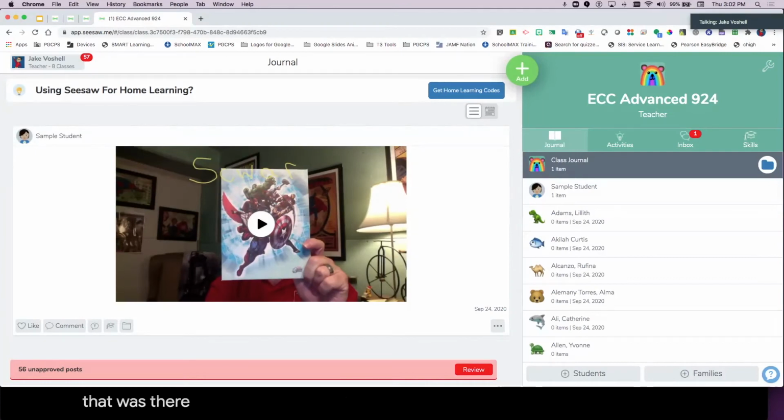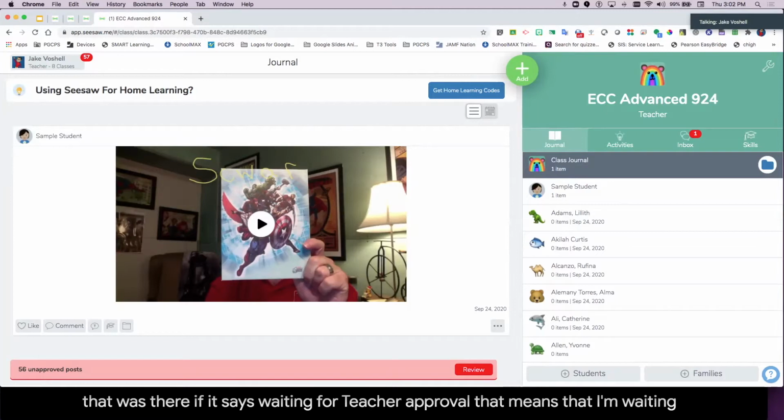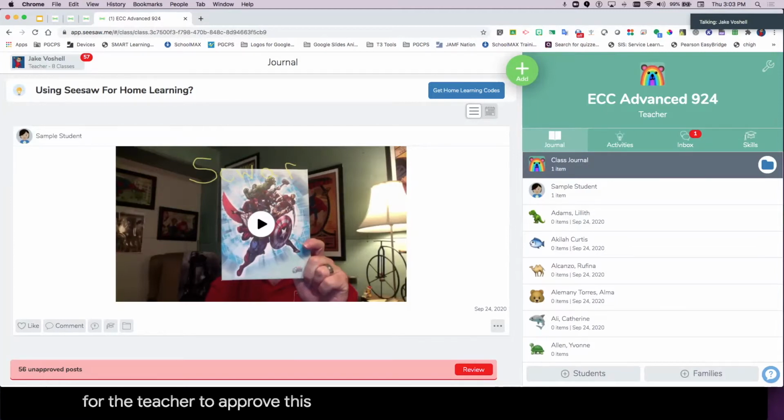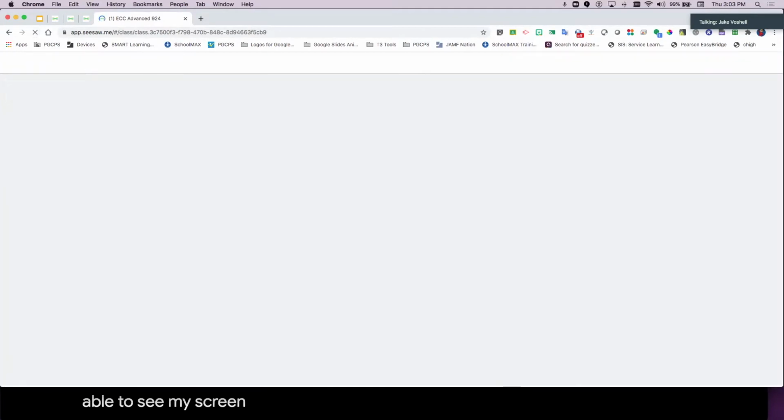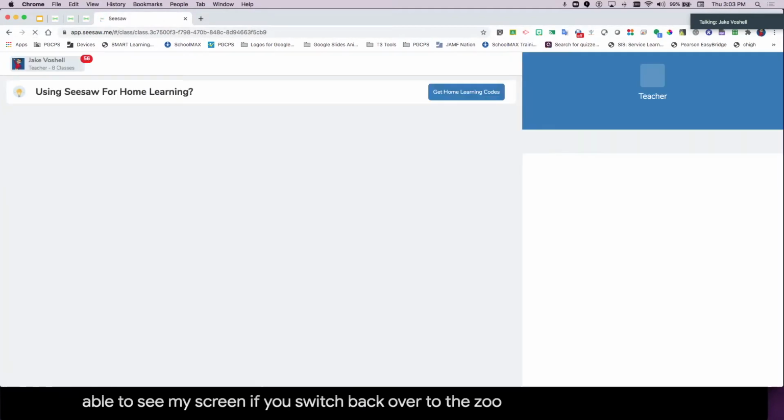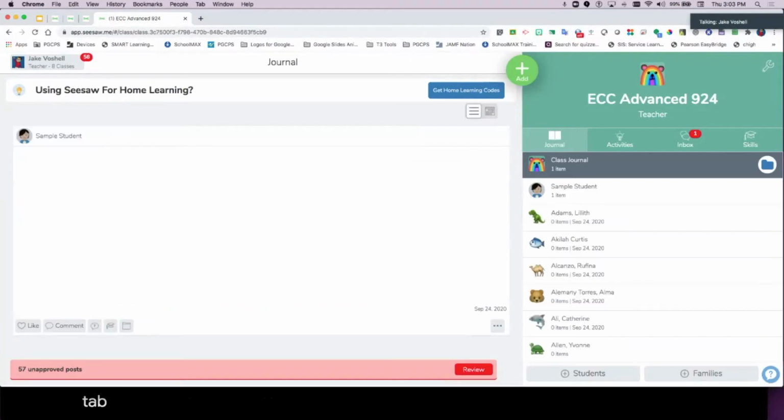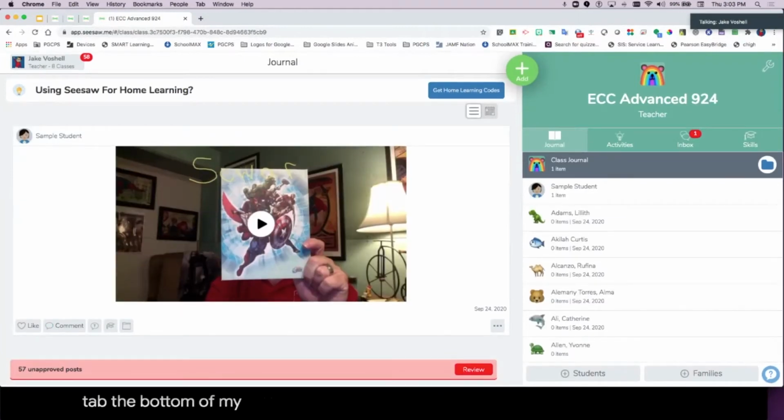If it says waiting for teacher approval, that means that I'm waiting for the teacher to approve this. So if you take a look at the bottom of, if you're able to see my screen, if you switch back over to the Zoom screen or the Zoom tab, the bottom of my screen says that there are 57 unapproved posts and they are up for review. So if I click on that one,